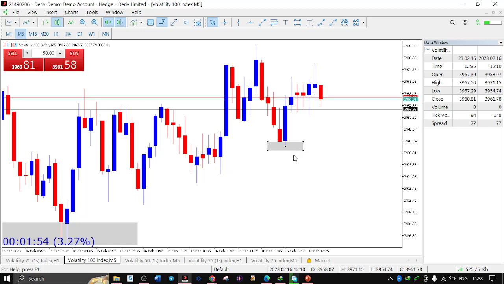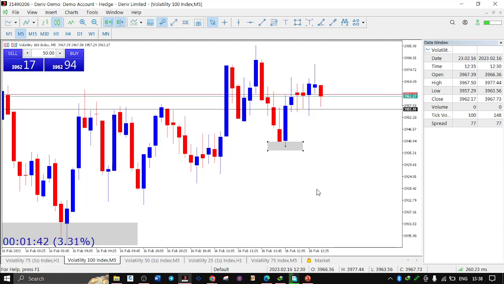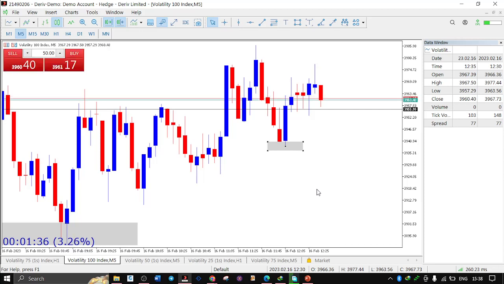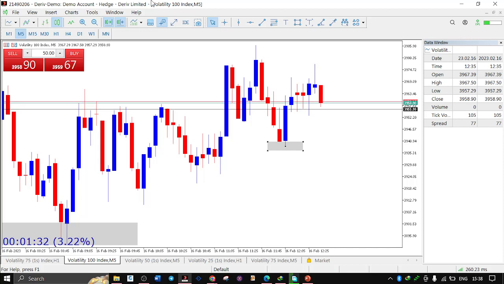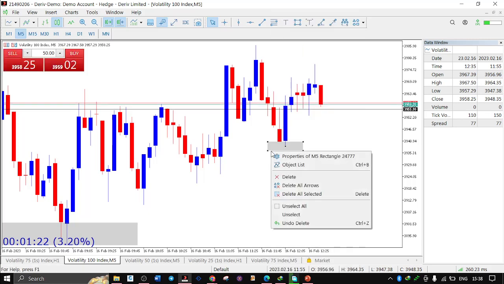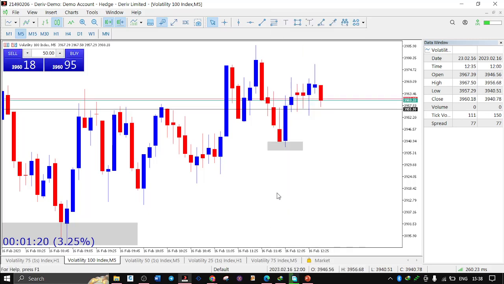No, no, no. This rectangle is just making my eyes see that price is respecting that support. It is my visualization on the chart. It is just a tool, like in AutoCAD, just drawing lines. So this is like my object, to make me see that this is where price is coming from, and it is respecting this support. Only that. It has no significance.